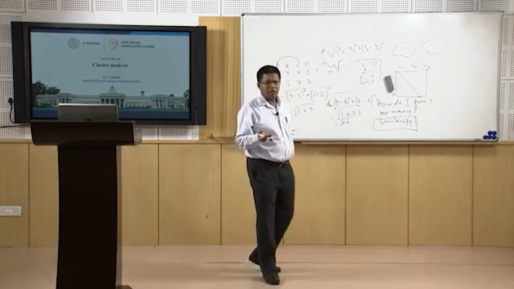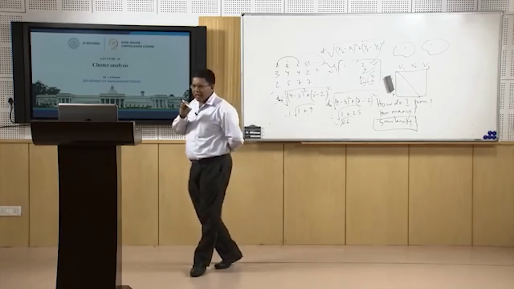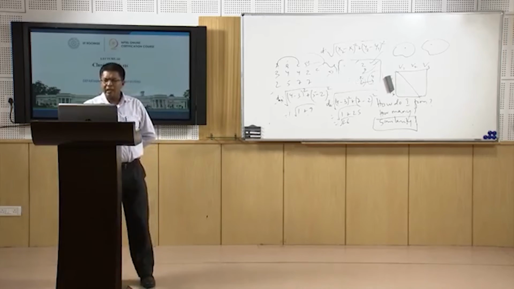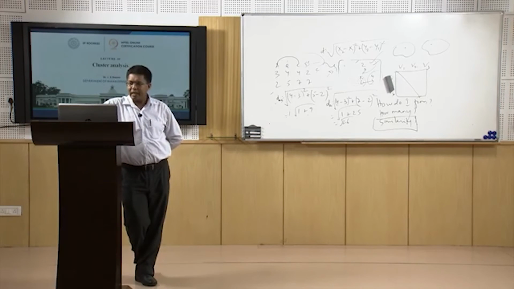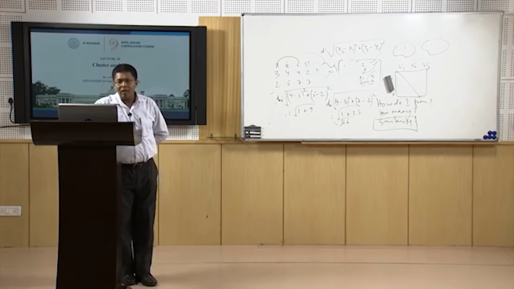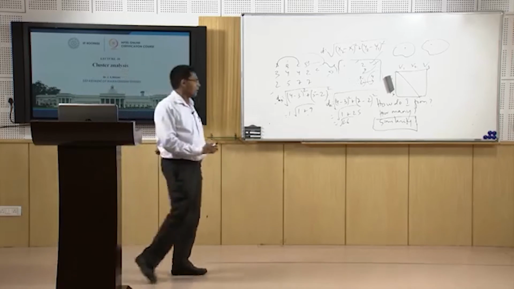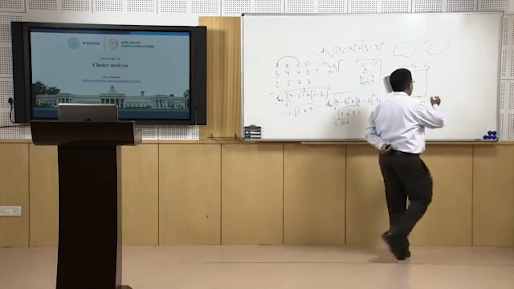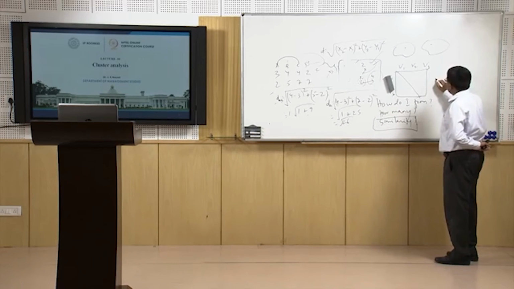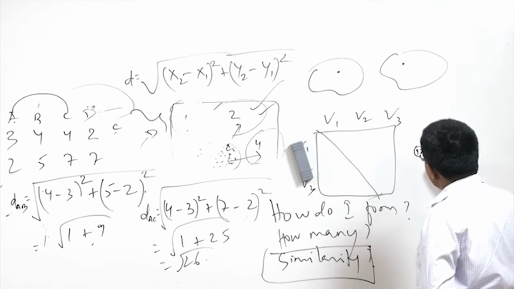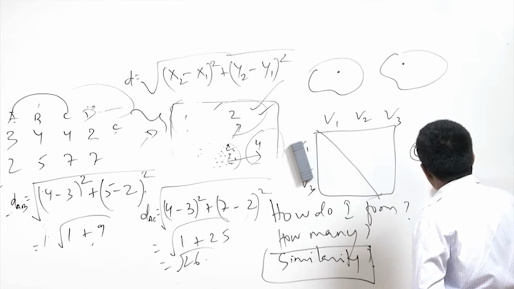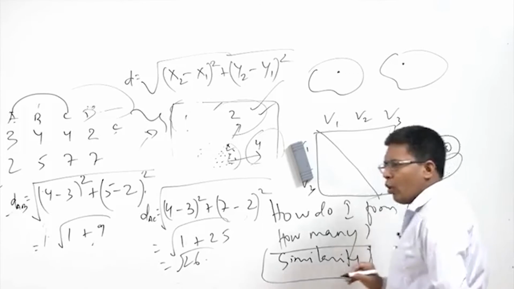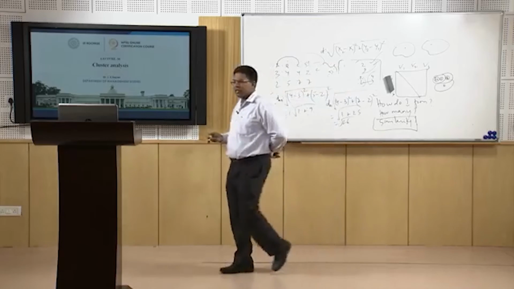So, we want to form the clusters. Once we have identified this, we apply this rule to generate a number of cluster solutions starting with each observation as its own cluster, and then combining two clusters at a time until all observations are in a single cluster. That means you are trying to add up the closest ones. Let us say 1 and 2 are close. Next, let us say 5 is closest to them, so you add 5, then 8, then 6. So, it goes on adding the nearest variable in terms of the distance.